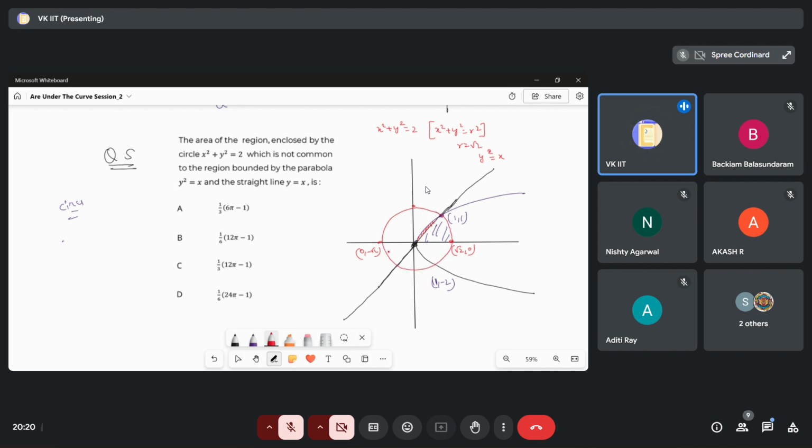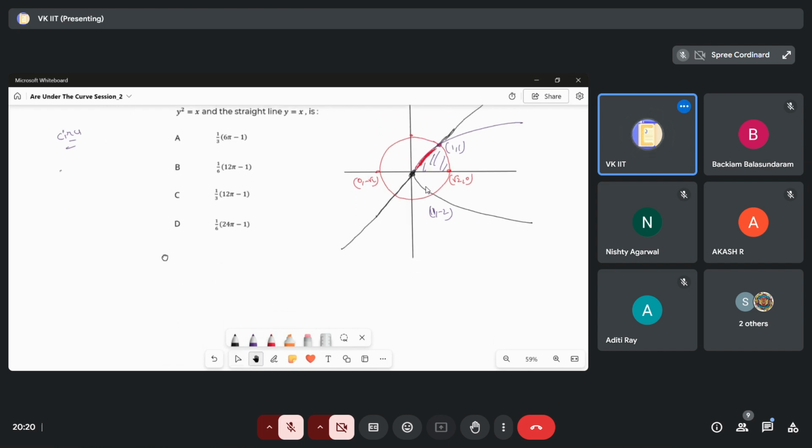So the required area is the one which is not common to the region bounded by the parabola and the line. This is the common region in the parabola and line. We don't require that. So the total area, we have to subtract. The required area will be